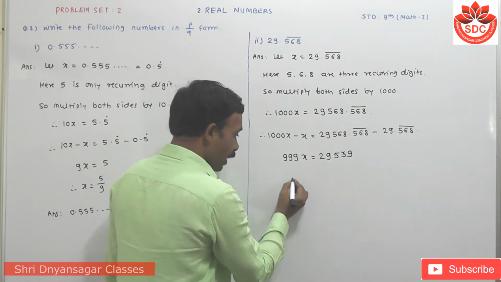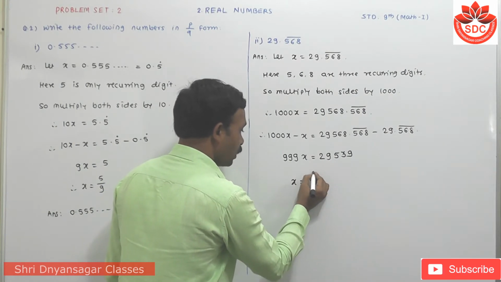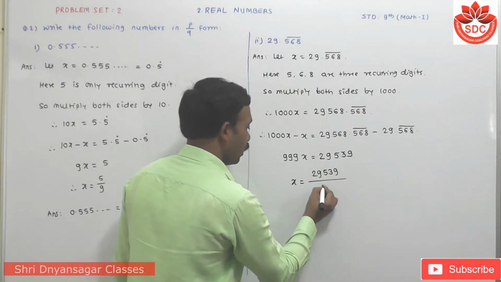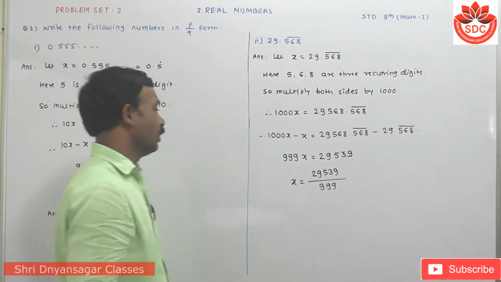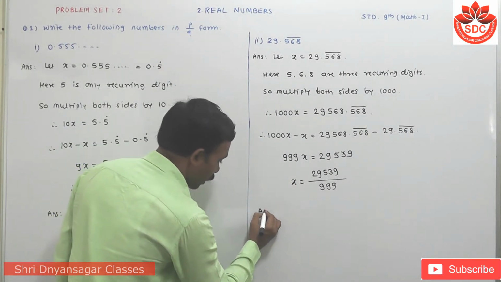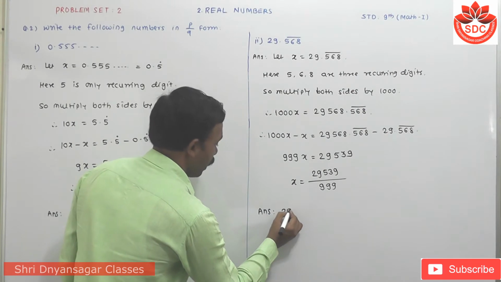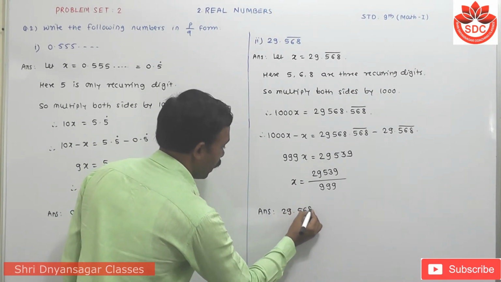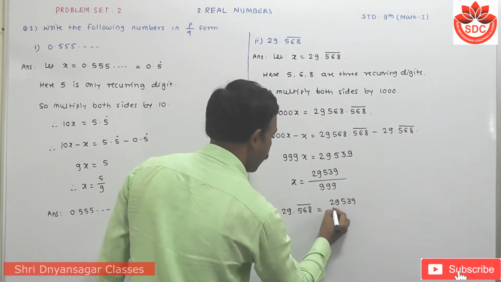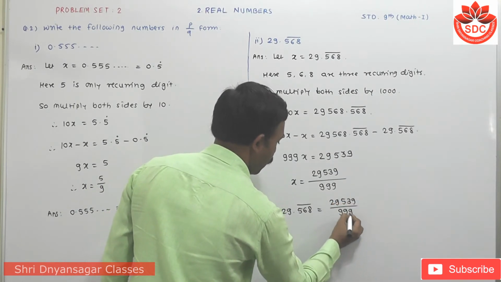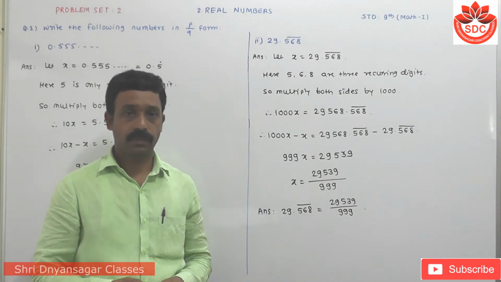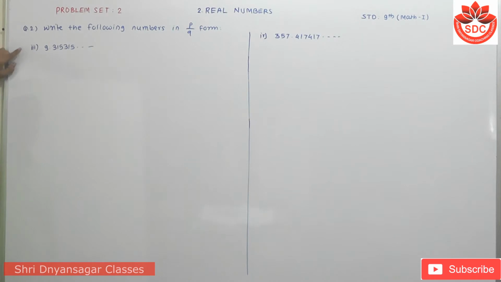Then this 999 goes to the denominator, therefore x is equals to 29,539 upon 999. So this is in the form of p upon q. So the answer is 29.568 recurring is equals to 29,539 upon 999. Okay, we take the next question. Next sub question is